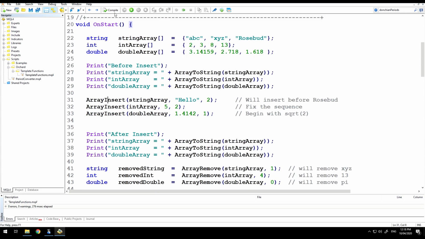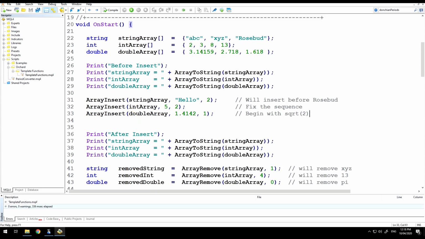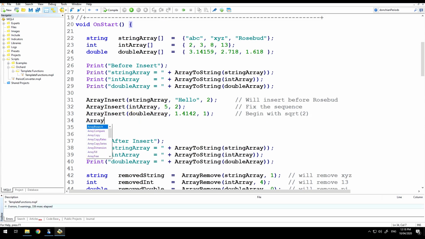First I'll compile this to demonstrate 0 errors. It all compiles. If I add array insert of the double array, and if I insert a string,